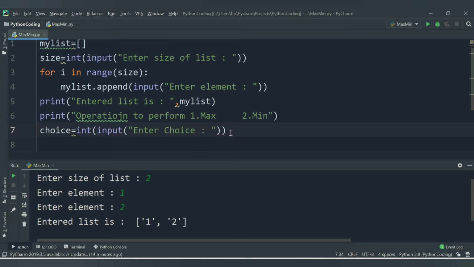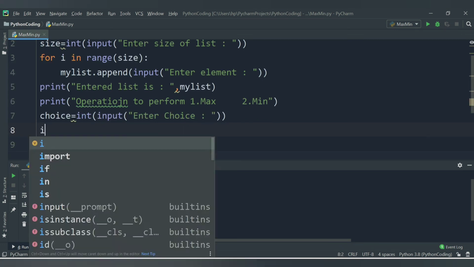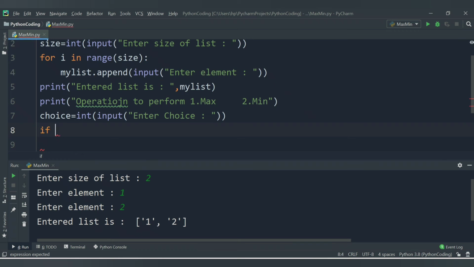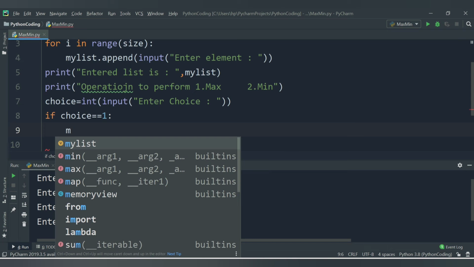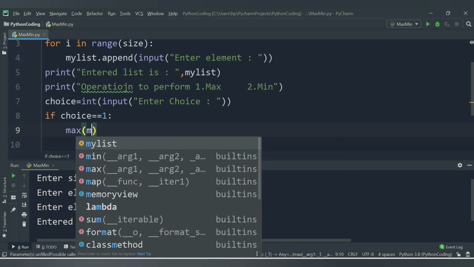So once we get the choice here, then we will have the conditional statement, if choice equals to 1. If it is 1, then we need to perform the max operation, right? So here we will have the function call for the max, and we will pass here my_list,